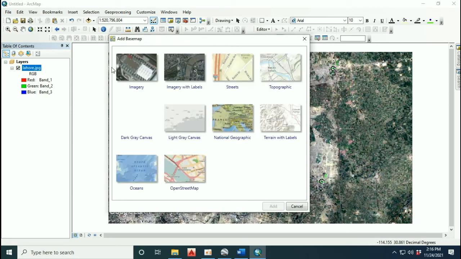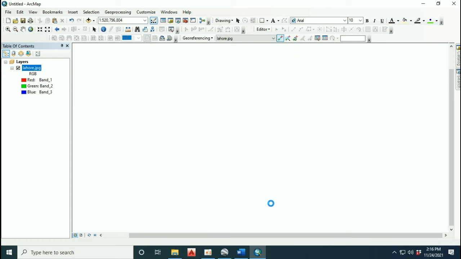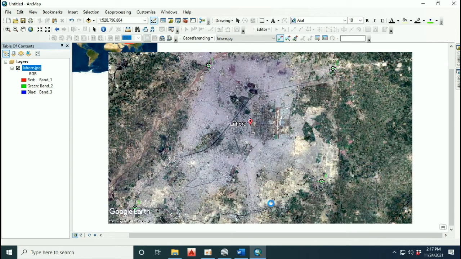Base map with imagery or labels, so that we can see whether our coordinates are correctly added or not. As we see now, the world imagery is added.